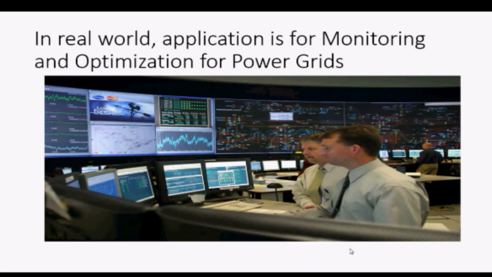A real world application is for monitoring, for example, for monitoring and optimization of power grids, where engineers in real life monitor, in real time, the current flow in the power lines and adjust it based on their needs. Also, we can find applications in electronics and in many different